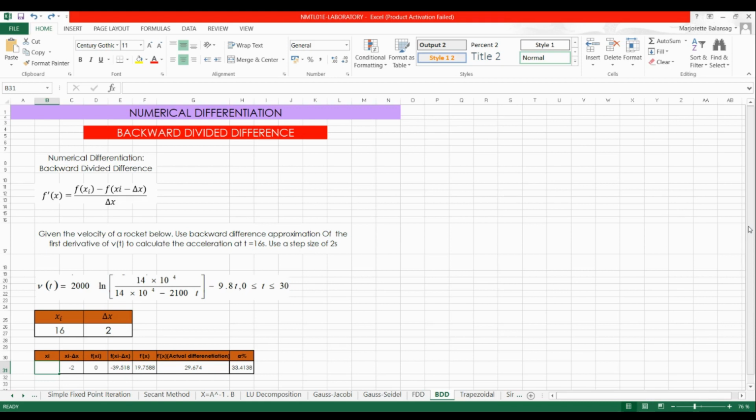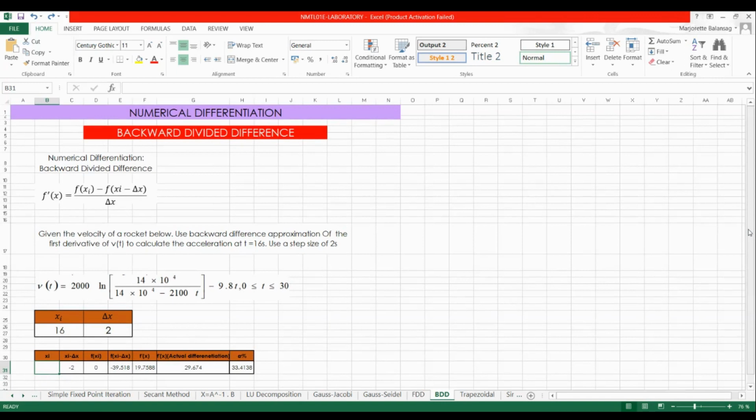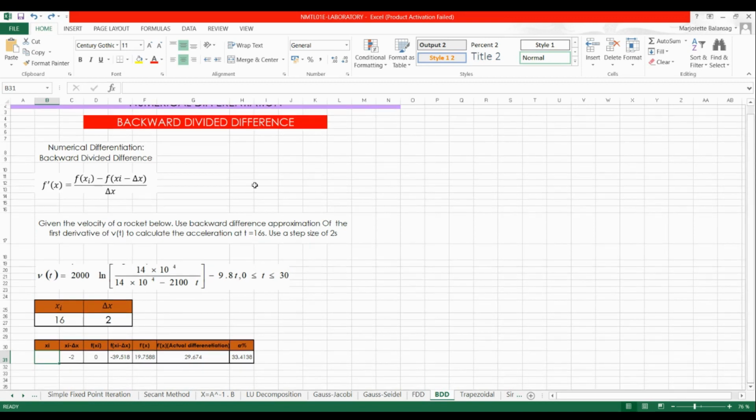Here is an example. Given the velocity of a rocket, use backward difference approximation of the first derivative of Vt to calculate the acceleration at 16 seconds. Use a step size of 2 seconds. So we are asked to solve for the first derivative of velocity using another method of numerical differentiation, which is again backward divided difference. Given this formula that we use when we are computing using this method, and given the xi which is 16 seconds, the step size or change of x which is 2, and when we input the 16 here,